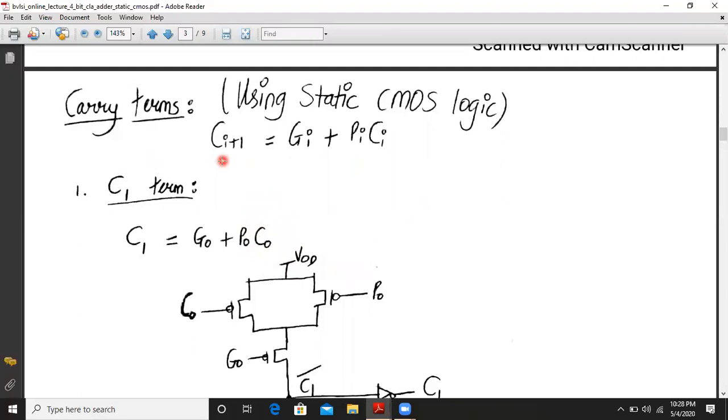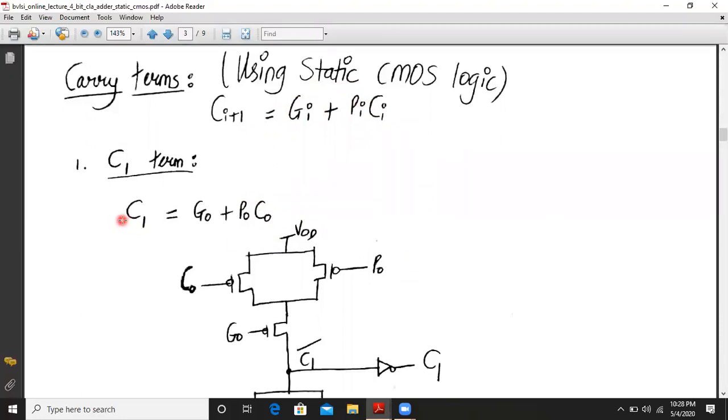The general expression of the carry is Ci+1 = Gi + Pi into Ci. Remember, we have already done the implementation of the Gi and Pi terms, so we will directly use them here. First we will implement C1.